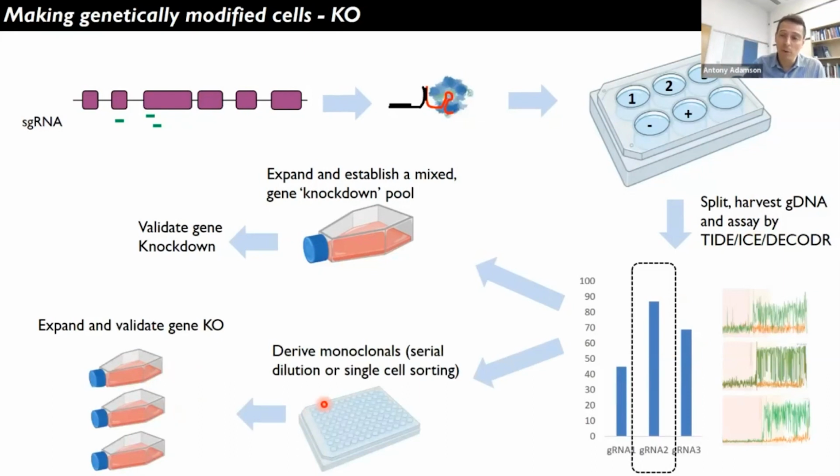And you also may want to do things like Western blots or protein assays as soon as possible, because the last thing you want is to have multiple potential clones growing in your incubator and having to culture them all. Let's throw away the ones that you don't want, and keep the ones that have got the desired change and the desired genotype and phenotype. And then, like I said, we can expand those to a cell population and hand those over to the group